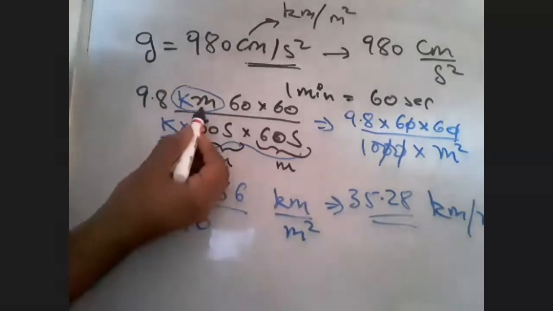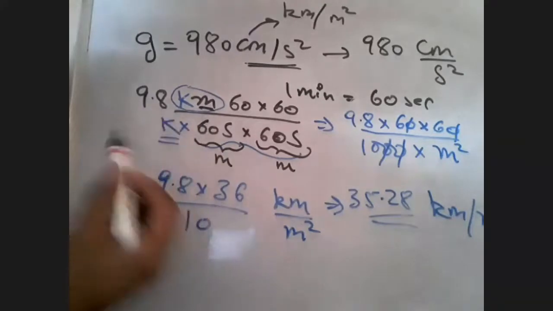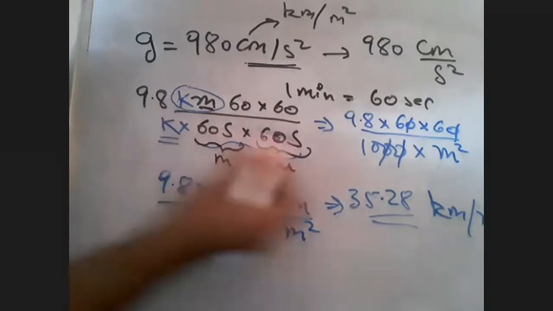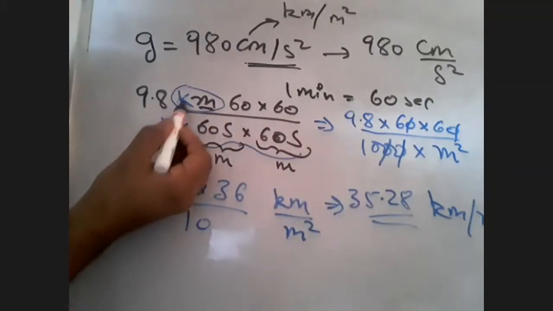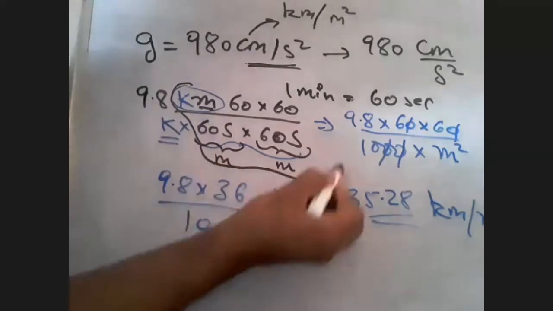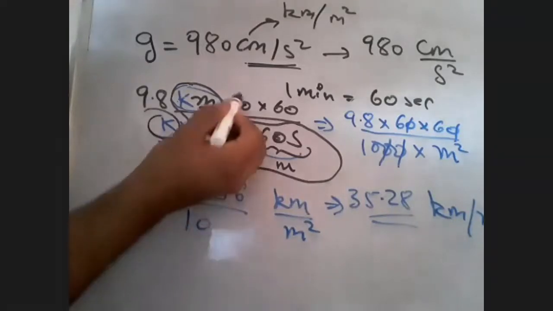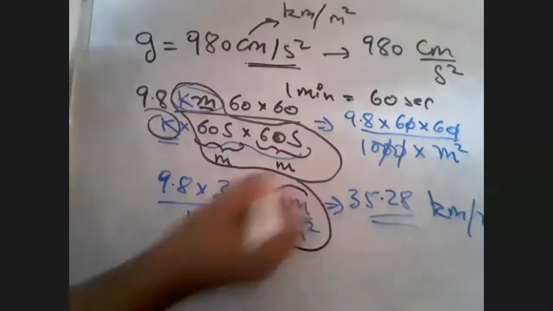Later on, what was there? There was meter here, so I had to convert that into kilometer. I just multiplied and divided it by kilometers. And so I got this result that kilometers I can keep as it is, and this I can keep as it is. Rest everything I can play games around with. This I can write as 10 raised to 3, and this I can just solve. So ultimately I'm getting kilometers upon minute square.